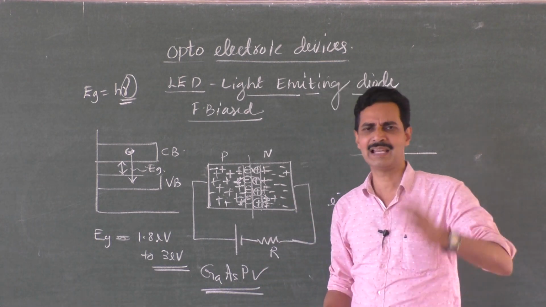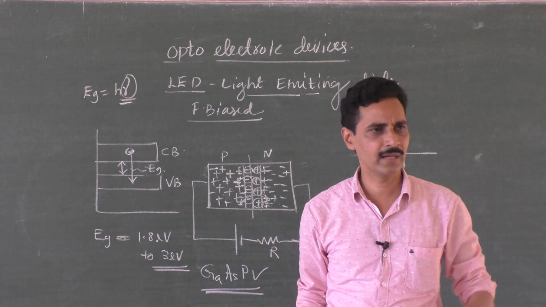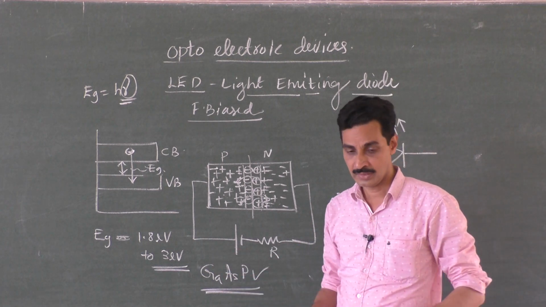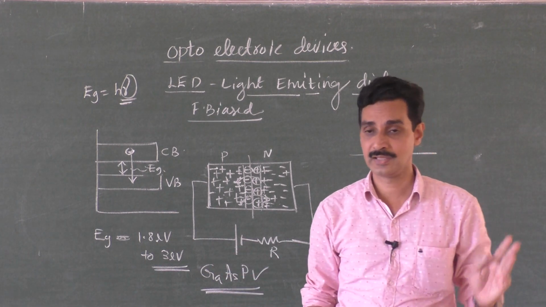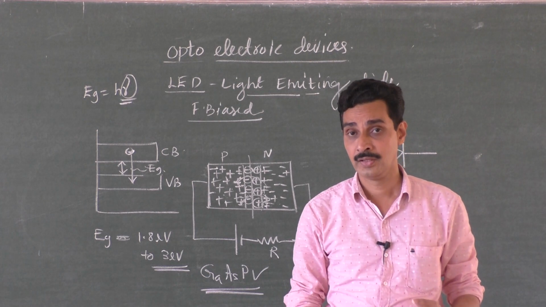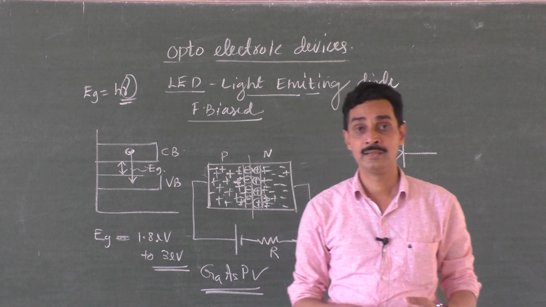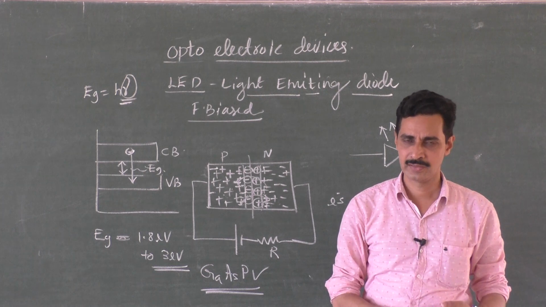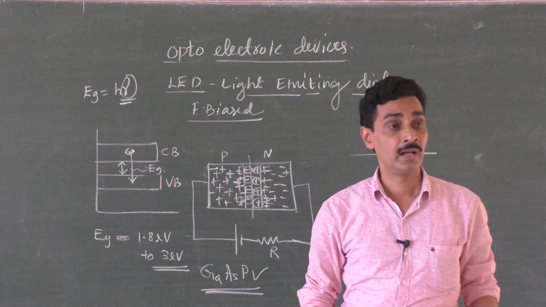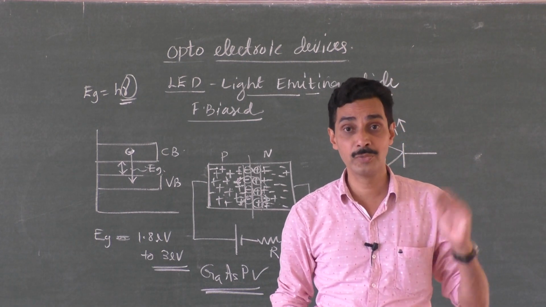LEDs can switch on instantaneously because it is not a filament, it is just forward biasing of a PN junction. Electrons and holes can recombine immediately and give the energy in the form of visible light. So no warm up time is required, and they are very cheap and have long life, durability, and they use very little power. Power consumption is very less compared to the filament bulb, because in the filament bulb a lot of power is wasted in the form of heat.